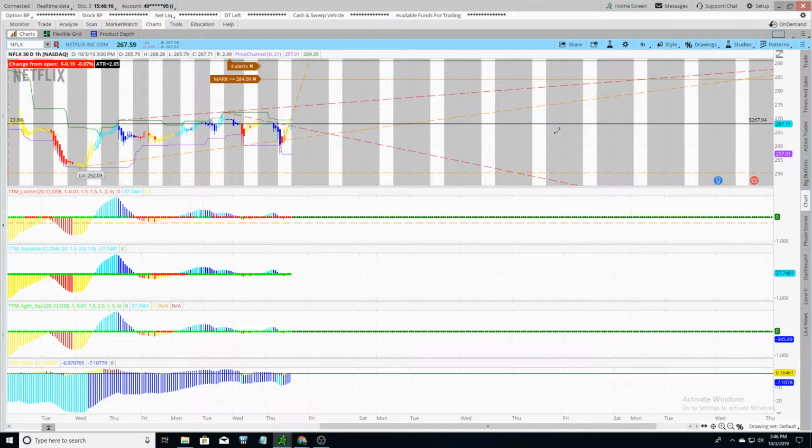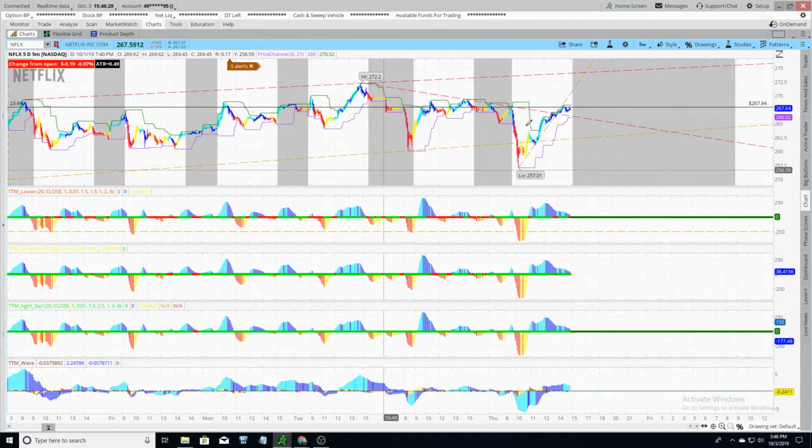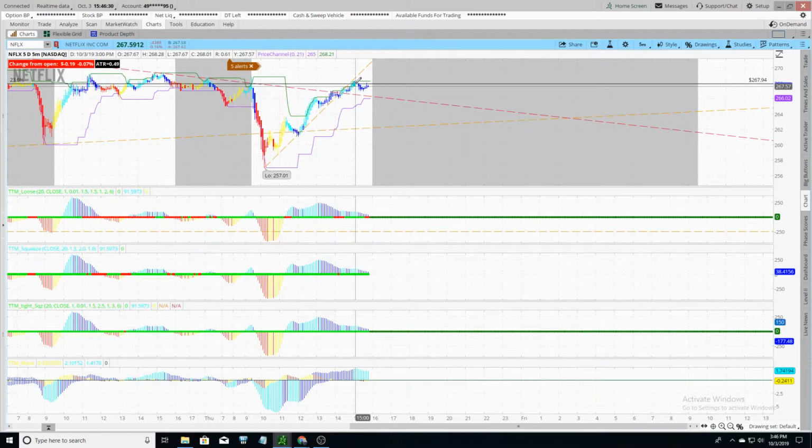With that being said, you want to take everything into account when you're looking at your trade. So let's go on to a little bit lower time frame here. We're going to bring this on the 5-minute chart. There we go. We can see our long pull up and we can see a bit of sideways choppy action. It looks a bit boring right now in here, but the interesting part is bringing up your time